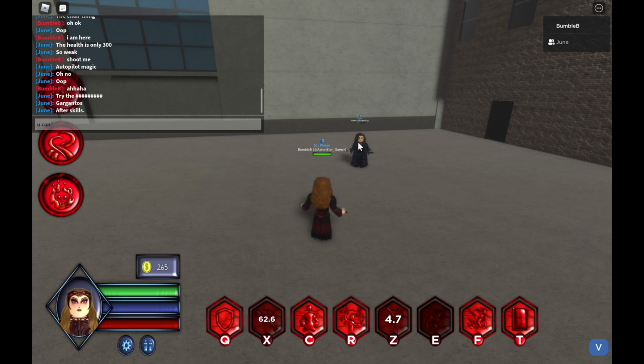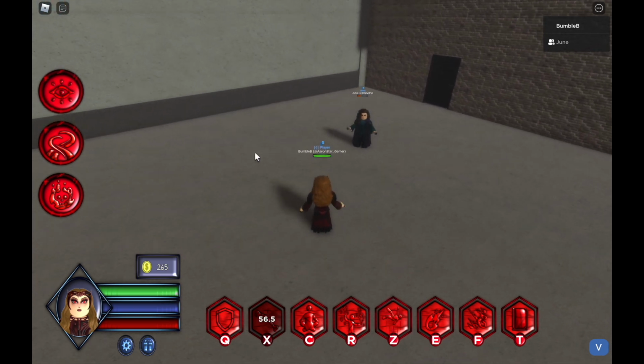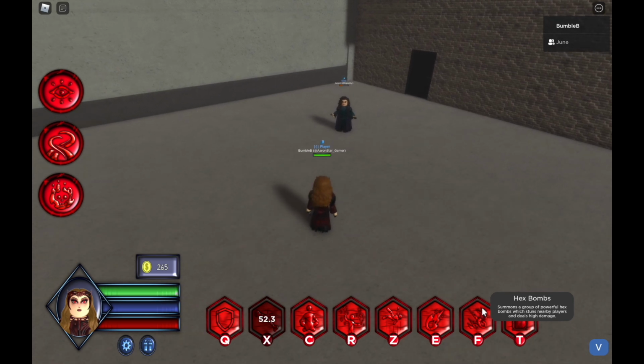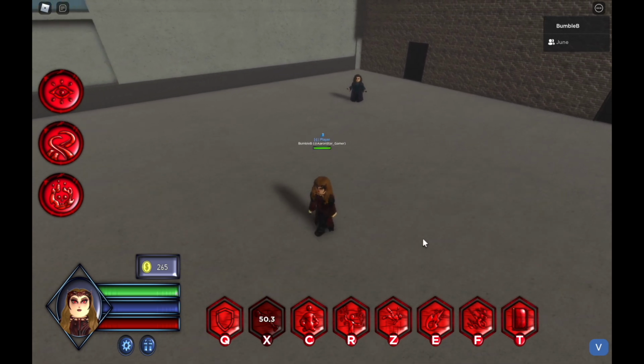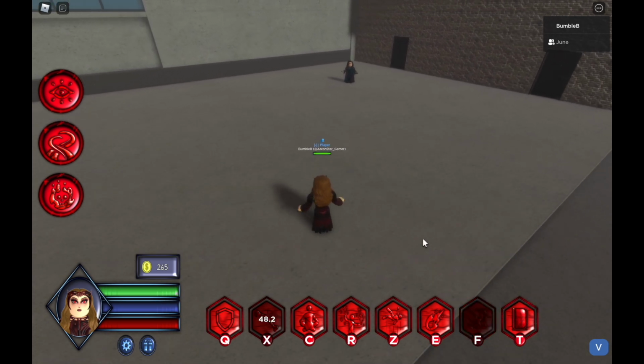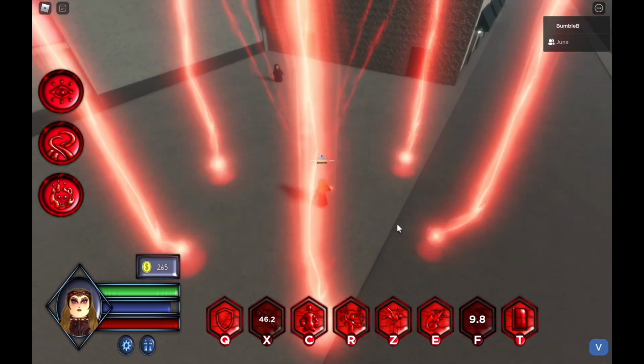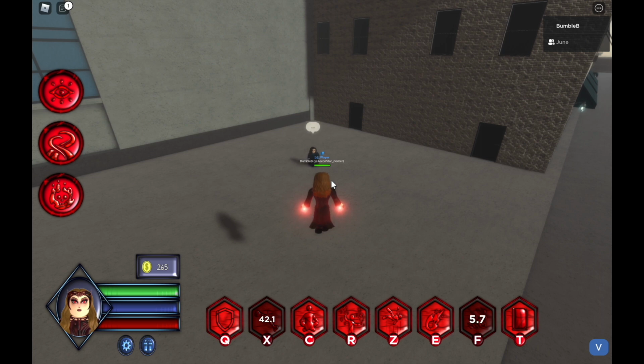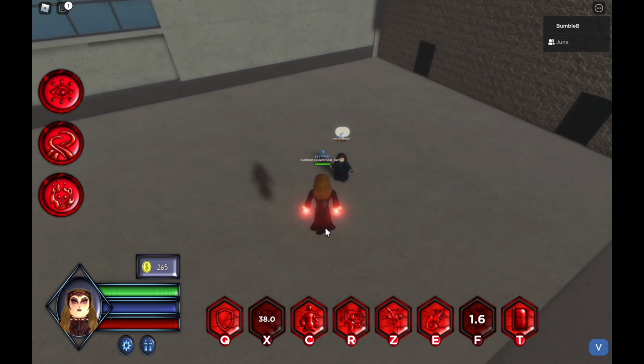Oh, actually, never mind. Let's not let them shield. Let's kill them for the funsies. So it does 50 damage, which I believe is one of the stronger bolts, or maybe all of them do it. And then you have your Hex Bombs, which shoots up a lot of Hex Bolts, and then it all comes down around you. Or if you're flying and you use it, you do that one scene from...